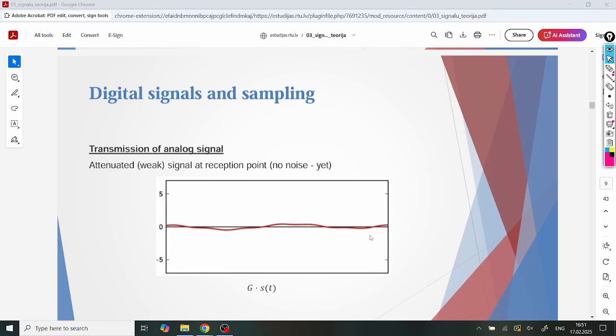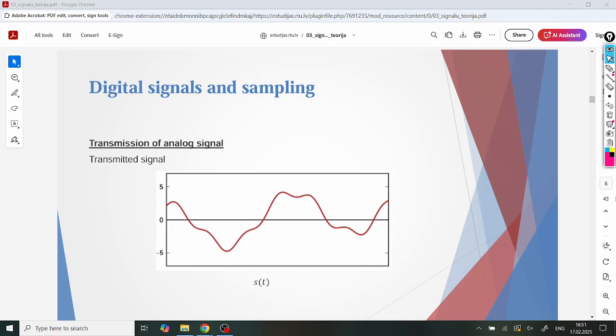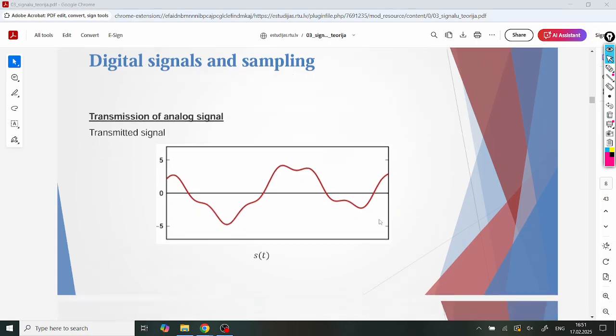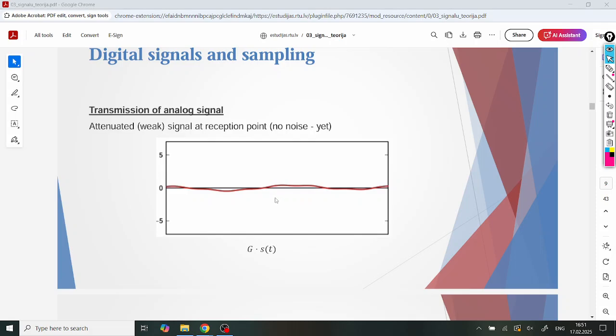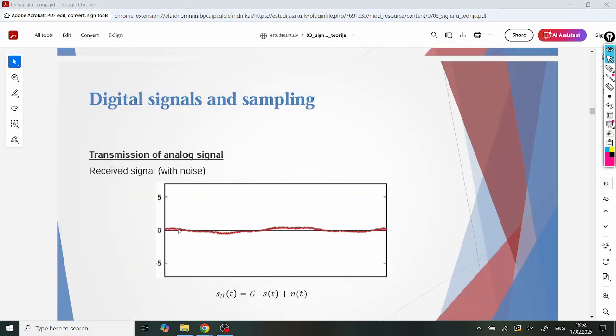Now, as I said, noise is a very weak signal that will not do any damage to this signal, because noise looks somehow like this. And if it happens to add on top of this signal, it's not a big deal. Now, if this noise adds on top of this weakened signal, the effect is much more destructive. Although, at first look, it doesn't seem so, because it's very weak also, you need to